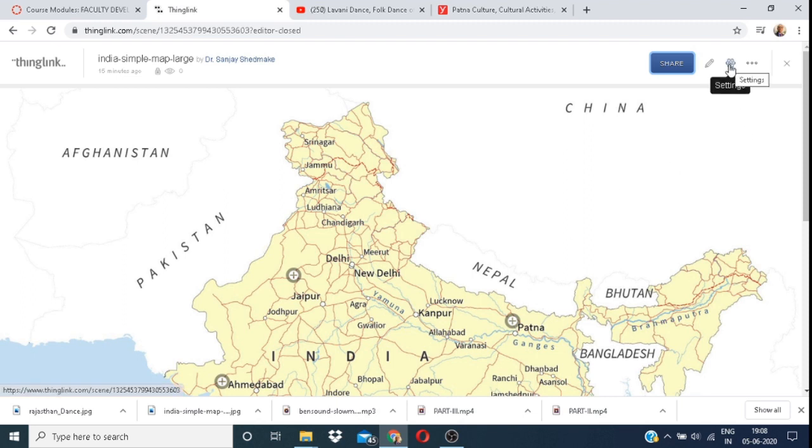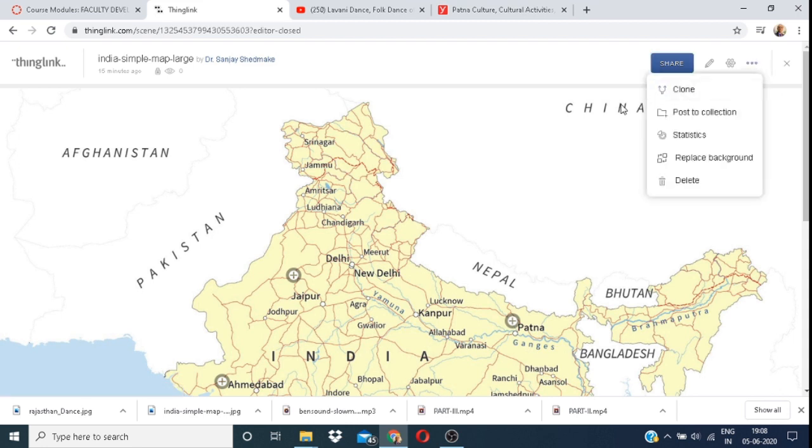There is an option, you can see the settings, more options are there. You can create a clone, you can also delete. Now today we learned about the ThinkLink project, how to make an image interactive with other information.